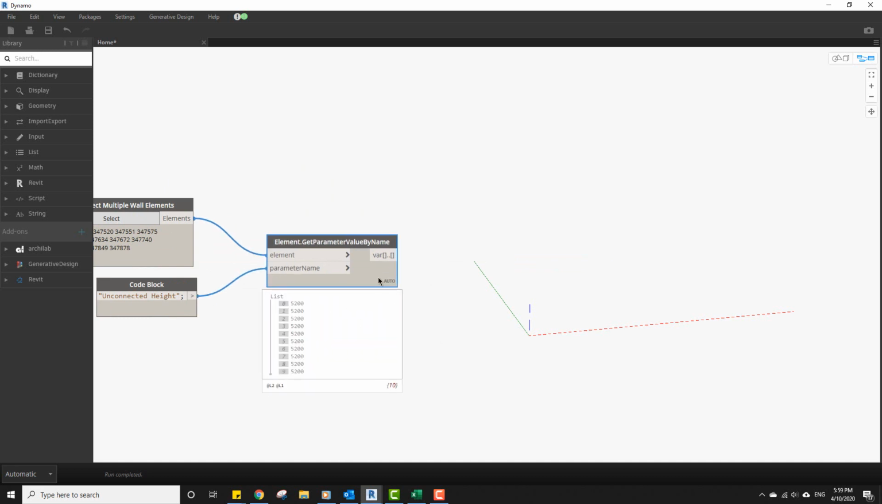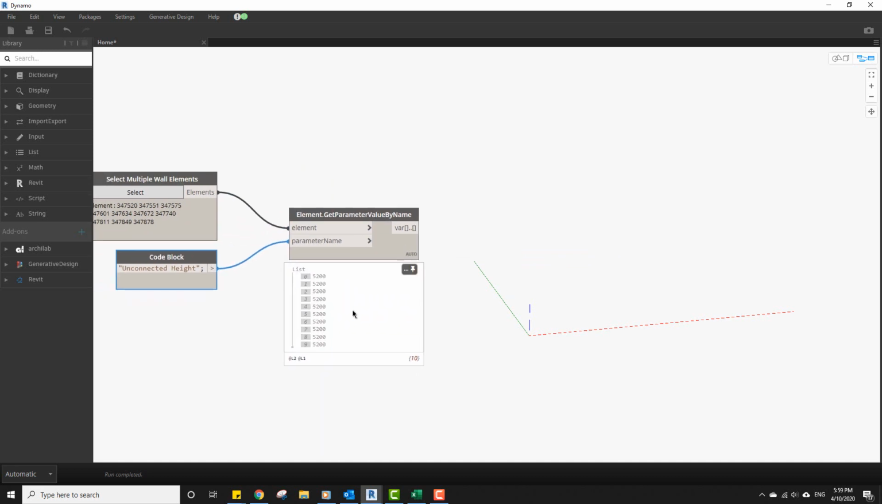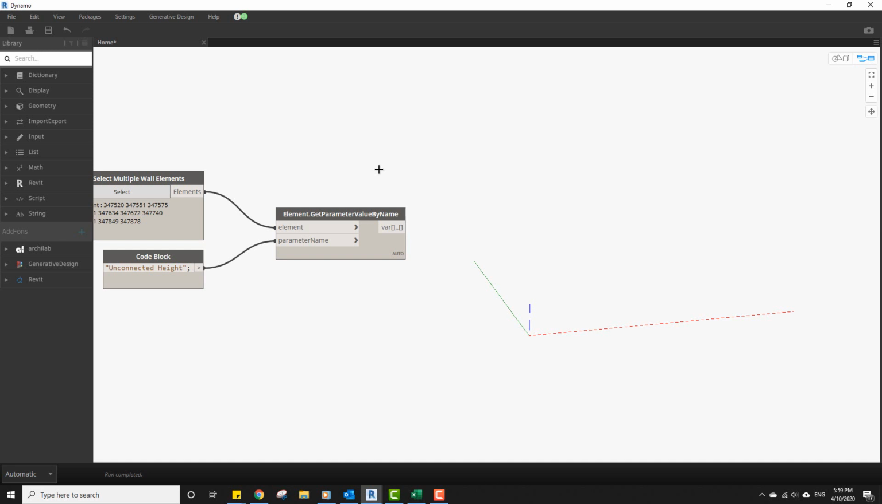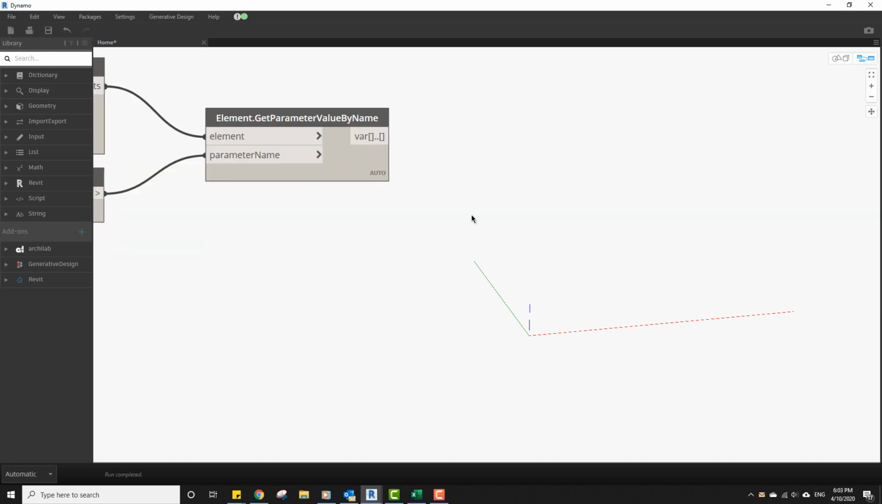So here's the unconnected height for these walls. Now I will use the Pythagorean theorem to calculate the hypotenuse. So I want to take the square root of the opposite to the power of 2 plus the adjacent to the power of 2. So I'll start by creating a square root